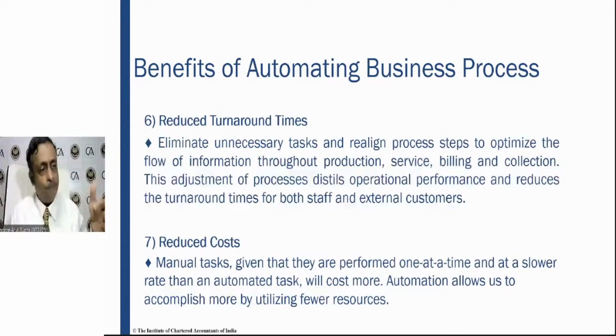Imagine two entities, an entity whose system is integrated and automated. What is the level of integration? As soon as an item is produced, it goes to dispatch. As soon as dispatch is there, the system generates the bill. As soon as the system generates the bill, it is emailed, physically sent to the vendor, and the collection department starts a job. There is no time lag between any linked process.